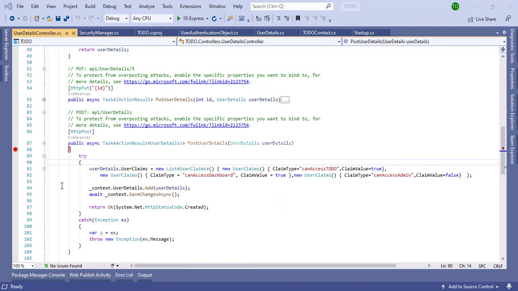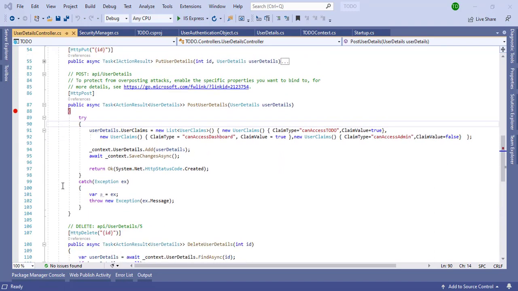Now let's open our user details controller, and I am going to create one method called the login method, and in that we will pass the username and password.